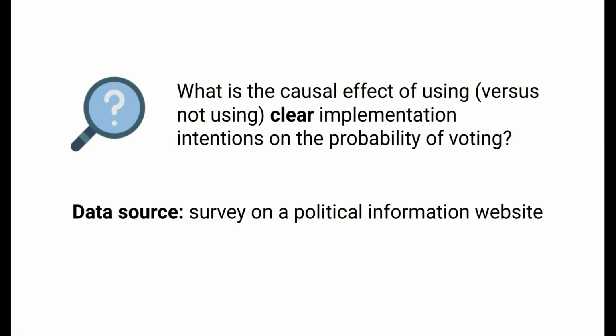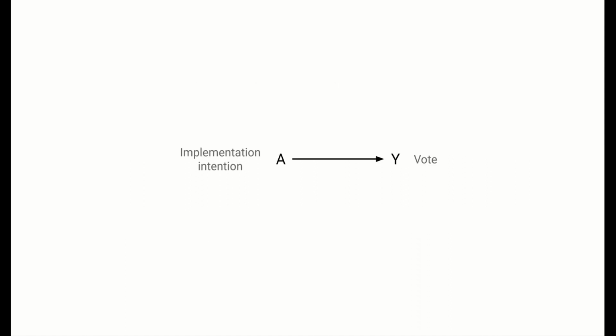Returning to our running example, let's start to think about where we might obtain data for this study. Let's say that we run a political information website and that we're planning to use a survey to collect relevant information. When we start to build our causal graph, we start with our treatment and outcome nodes with the causal path connecting them to indicate the possibility of a causal effect. What next? We need to think about non-causal paths that may connect them.